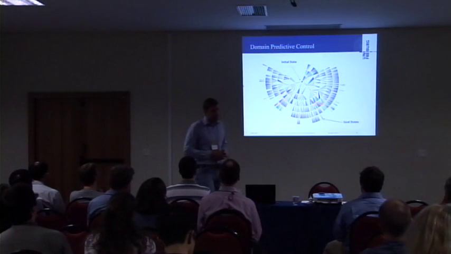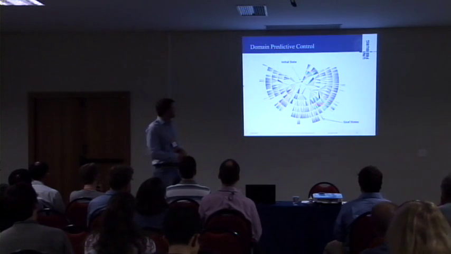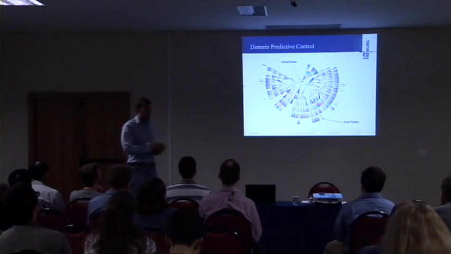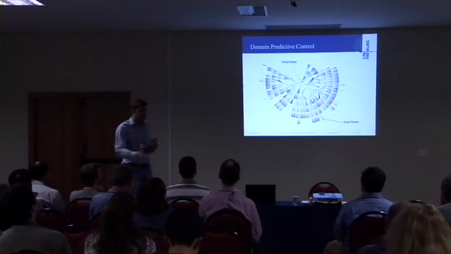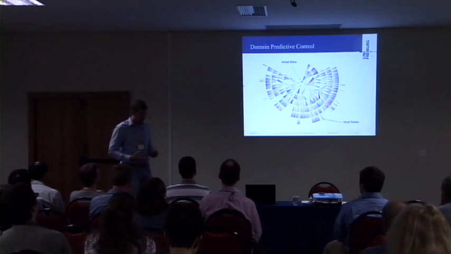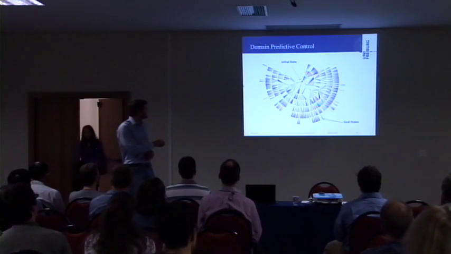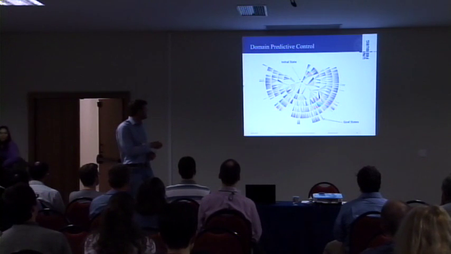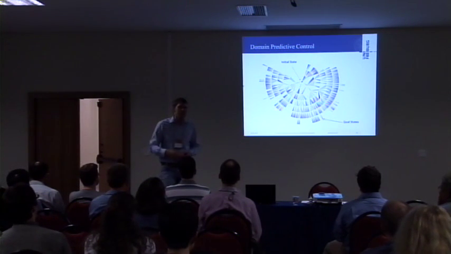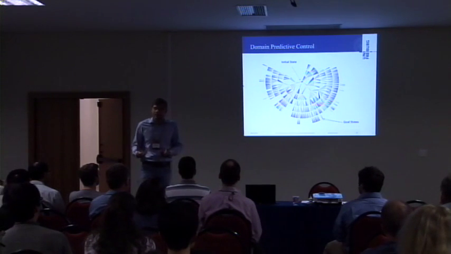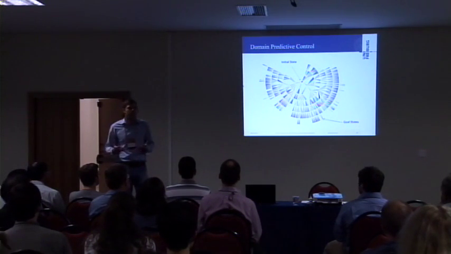So if we have a decision tree like this one, we are in an initial state, and we start exploring child nodes by applying all available actions we have, and we keep exploring the decision tree until we have found a state satisfying the goal condition. Then the planner would probably crash, because we don't have the time to search within an almost infinite state space.